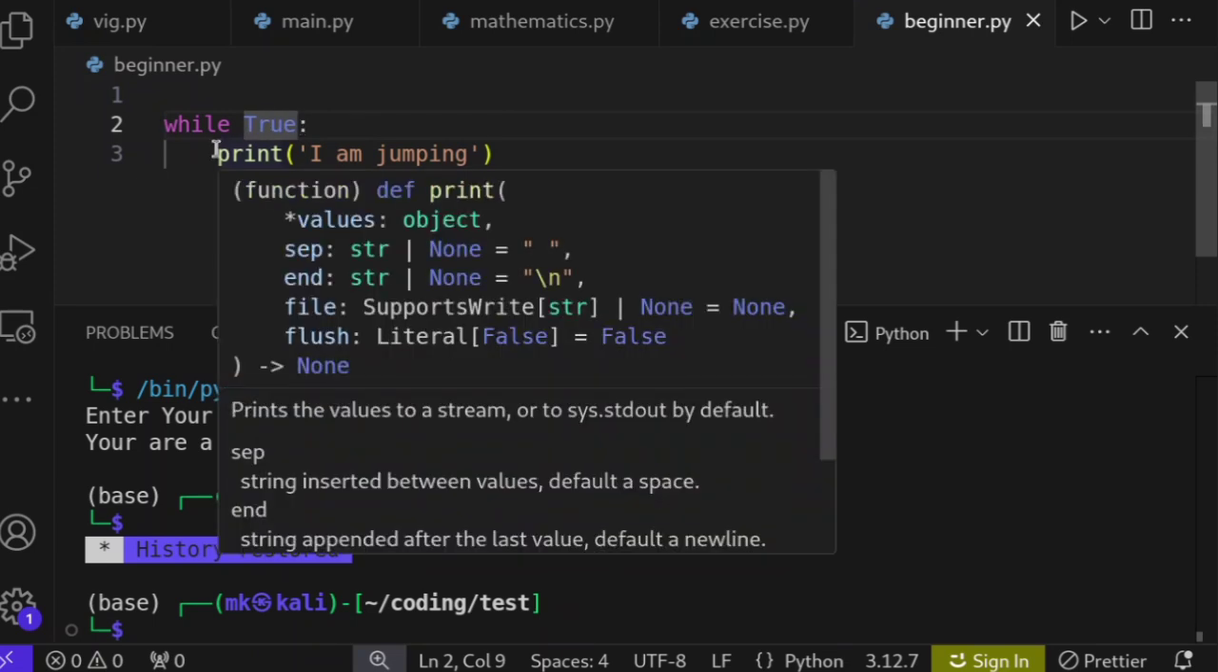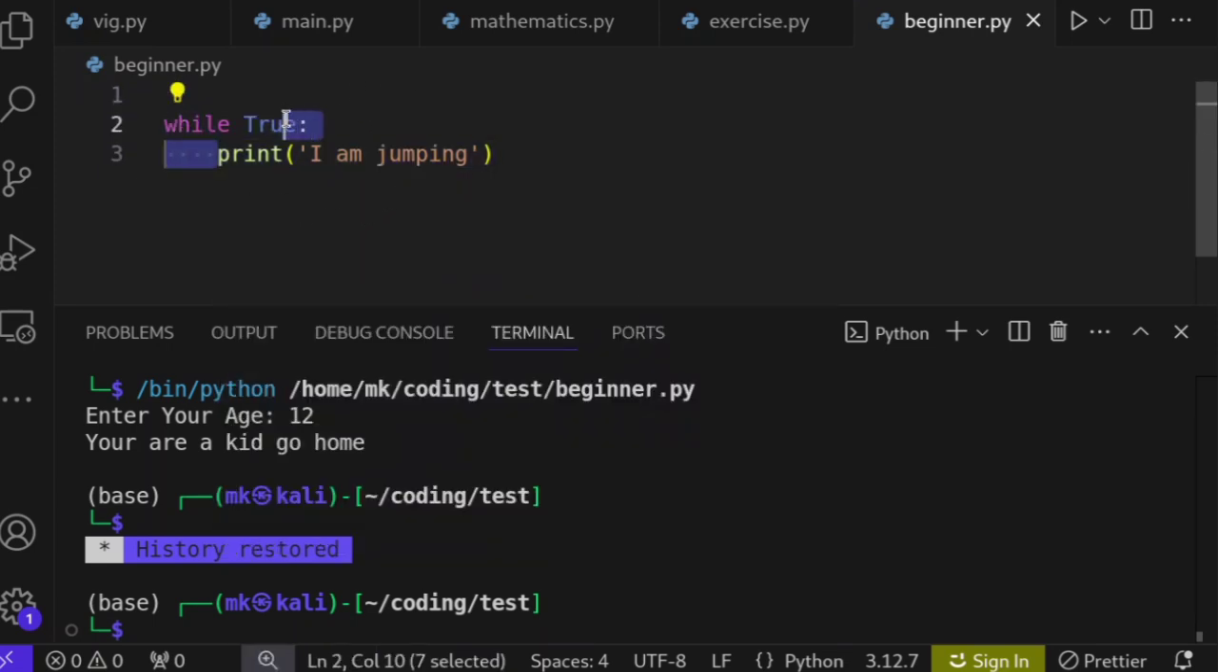We just put the true value. So whenever my computer executes this I am jumping, it will go back and check. Does it change back to false? No. Then execute again. Does it change back to false? No. Check again. Is it true? Yes. It will continue over and over again. It will never ever stop. This kind of looping we call an infinity loop. So if I run it now,